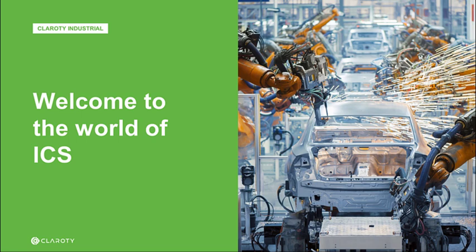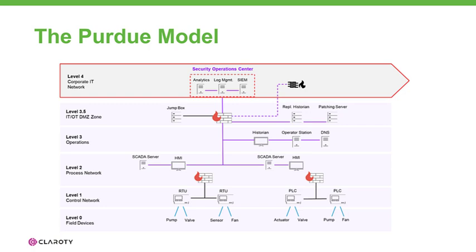What is an ICS network? And what's different about these networks, and why should we care about those differences? In context of OT, you will hear frequent references to the Purdue model. This is a model used in OT networks to distinguish between devices used in the industrial control system and devices that are part of the background architecture, and to classify the role of each device as part of the overall network. This model uses what is called the Purdue Enterprise Reference Architecture to describe the distribution of network devices within